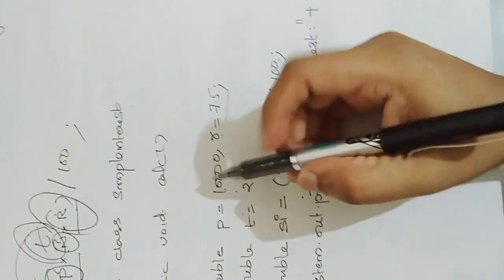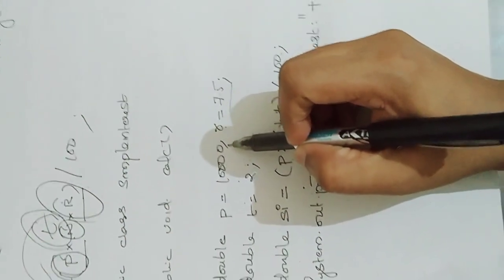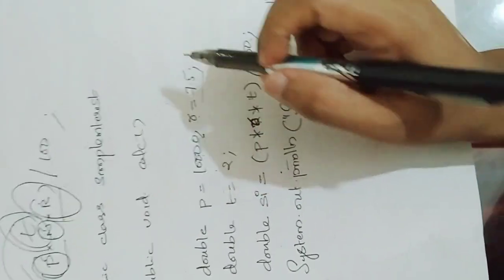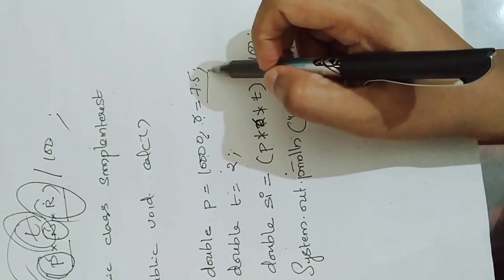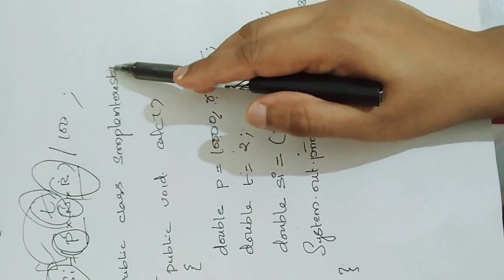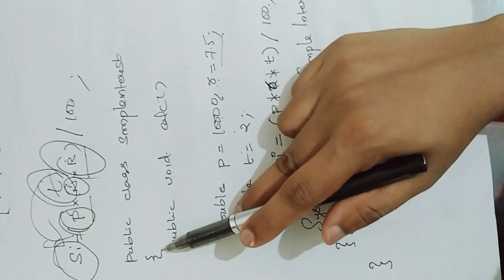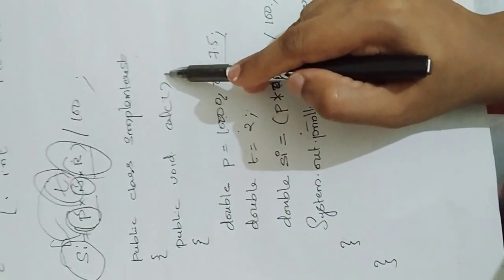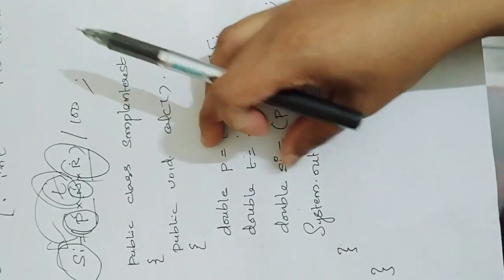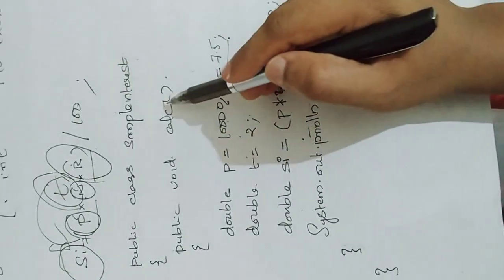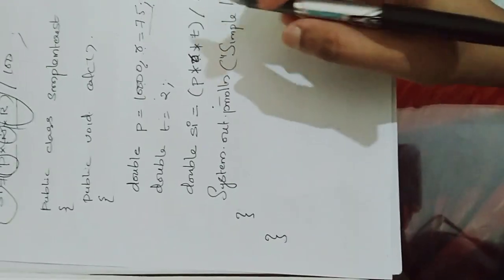And one more thing, here I have not used a semicolon because this is a separation. For that you can use a comma, but for ending a statement you have to use a semicolon. Here you will not use a semicolon because it is not the ending of a statement, it is the starting of the statement. Curly braces, here also it's the starting of the statement. These are inside these two things. So you should not put a semicolon on class and method. Only at the termination of a statement you will put a semicolon. If you have not put a semicolon, then it will be an error.